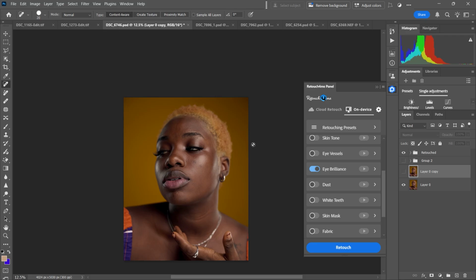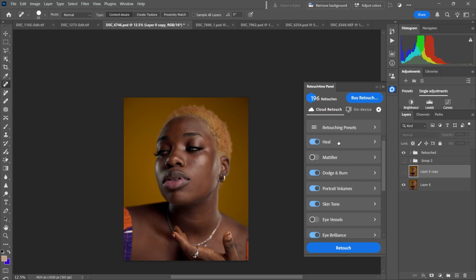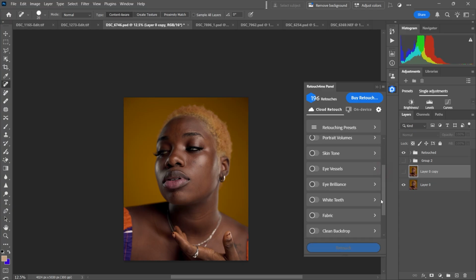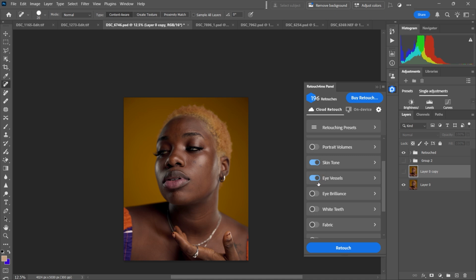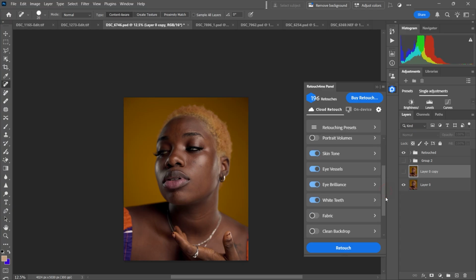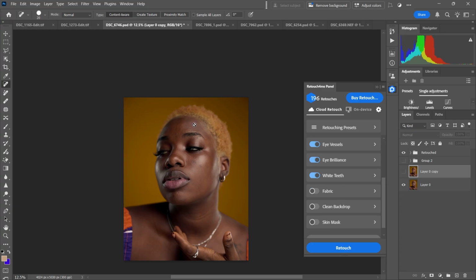Now let's get to this. Now for my first image, I'll use the cloud retouching so I can show you guys how it works for the credit points. If you have your 20 free credit points, or you want to purchase credit points. Now I'll go for this image. I want to heal it. I want to also add micro dodge and burn and fix the skin, and then eye vessels and eye brilliance, whiten the eyes and the teeth, because there's a small part of the teeth right here, and there's no fabric, there's no background, the background is okay. And then one click,